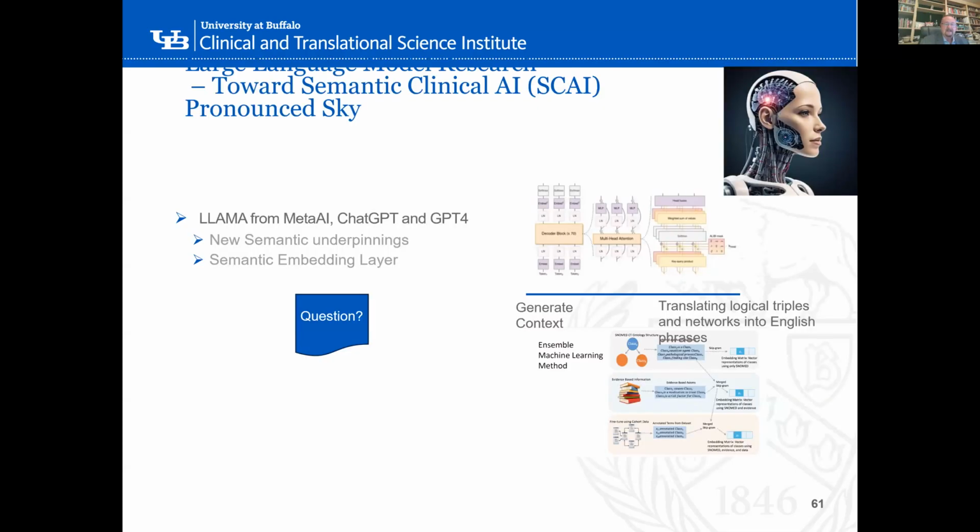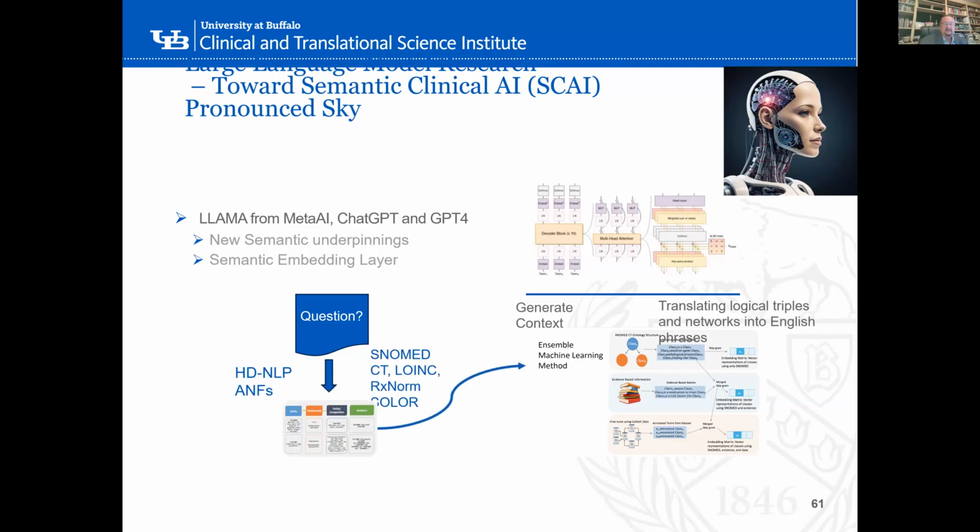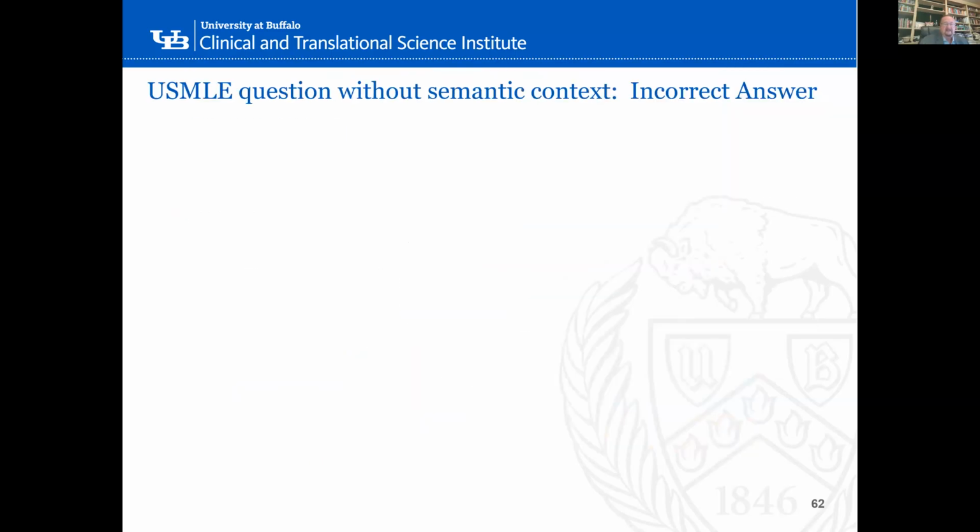And another way to look at that: I put into an OpenAI generator "semantic clinical artificial intelligence," or SKY, which is what we call this. And they thought this robotic woman was what came out of that name. Anyway, you take the question, you parse it into codes, you take the codes, and you come up with a set of semantic triples which get fed into the Llama models, and then we get answers.